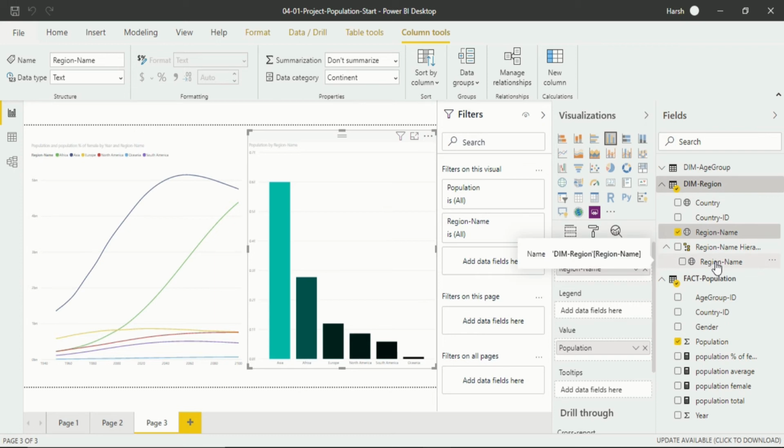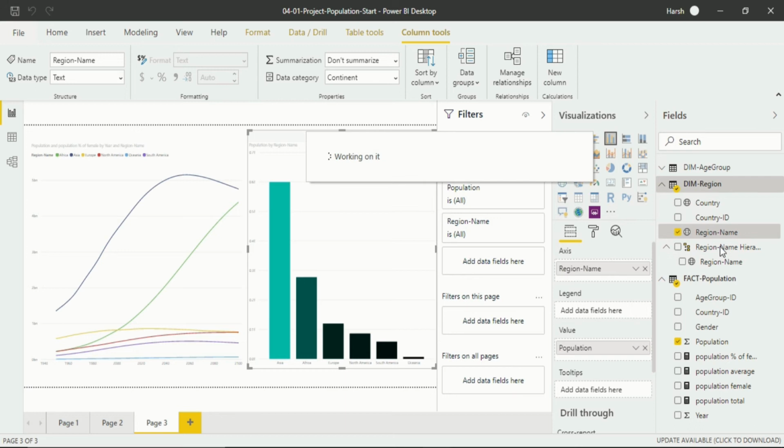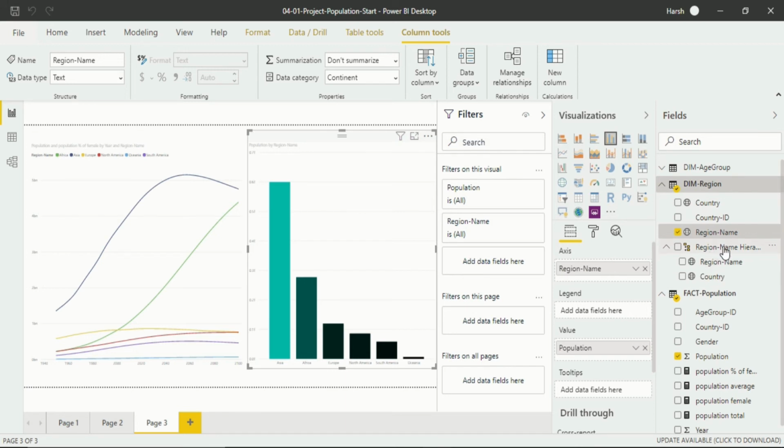That is quite simple. Just click on country, then drag and drop it into the region name. When you put it there, you will see the new column is introduced inside the region name hierarchy. Now there are two columns within the region name hierarchy.